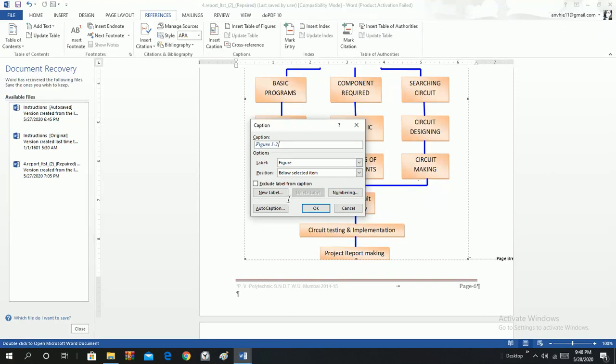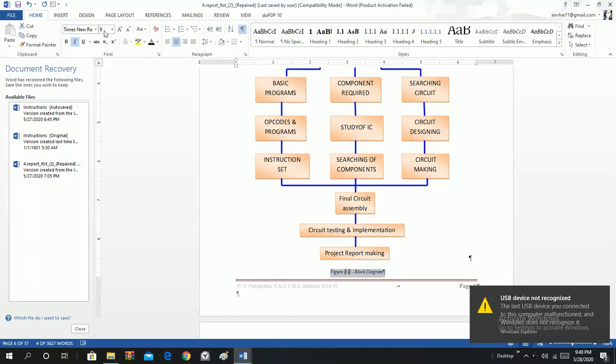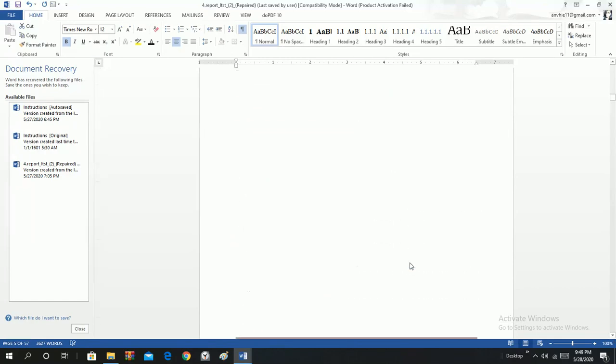This is the block diagram. You select block diagram. We want it to be automatic.